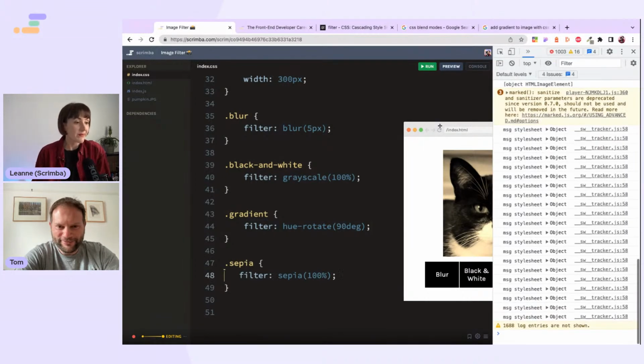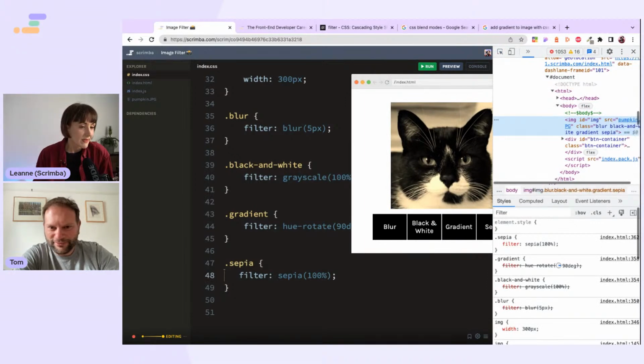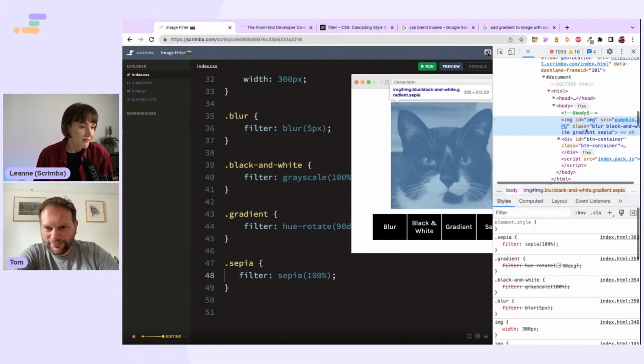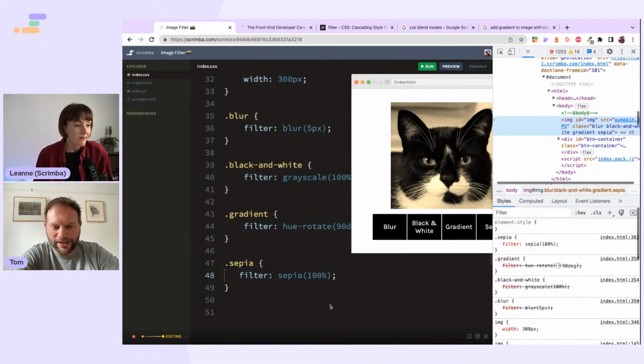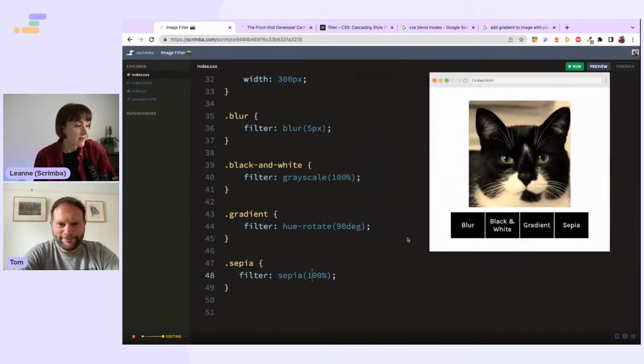So let's get the old dev tools out. Oh, you can't actually. Oh no, you can. So it does have all of the classes, which is what I would have expected. But only the final filter is making any difference. Yeah, seems it. Okay, so now without the comma. You know, sometimes it's with comma, sometimes it's without, and